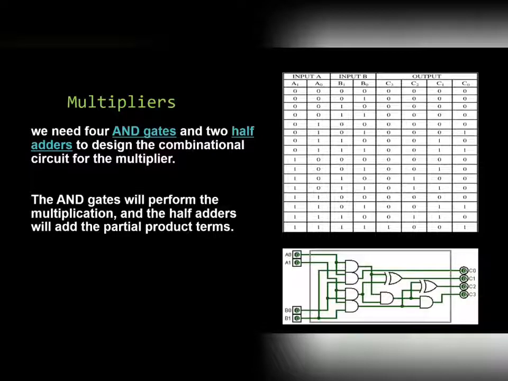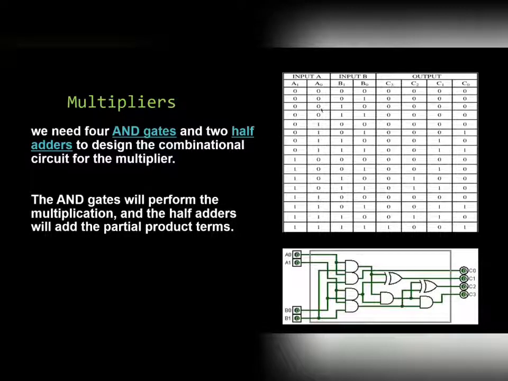So in this video, we are going to learn about multipliers. With the word itself, we can know that multipliers means it is multiplication, in other words, no? So we know that the function of an AND gate is to multiply the both inputs that it receives. So here in this case, to use these multipliers, we need 4 AND gates and 2 half adders. So altogether, 4 AND gates will be needed.